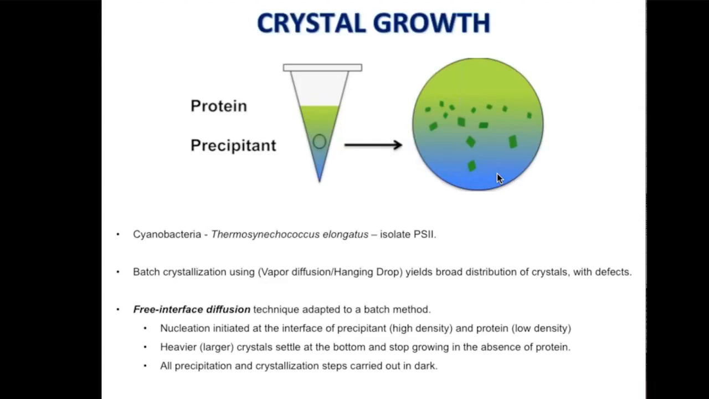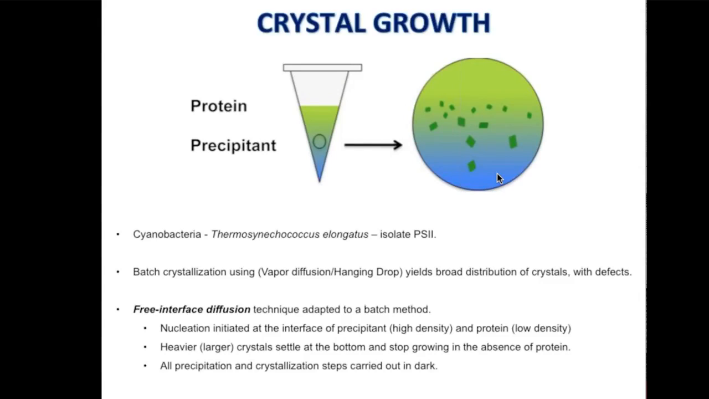So in the case of using SFX at LCLS, where you're looking at typically microcrystals, roughly of the order of 5 microns or lesser, you want to control the size and also get a very homogeneous distribution of your crystals, which are pretty much around the same size. So what the chemistry group at ASU, headed by Petra Fromme, did is to use a free interface diffusion technique,